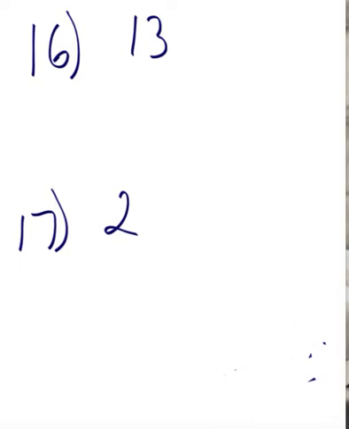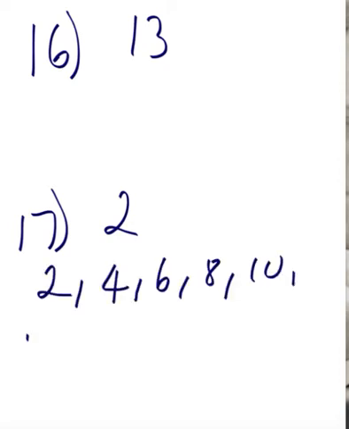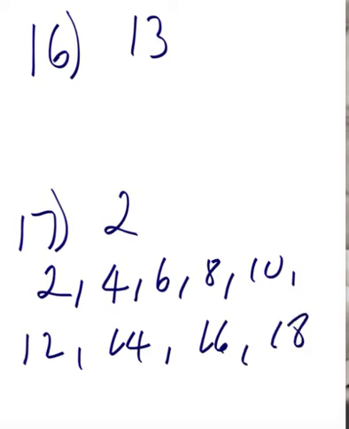So with 17, it's basically counting by 2s. They're the multiples of 2. And we have to write the first 20 multiples of 2. So you ready? We've got 2, 4, 6, 8, 10, 12, 14, 16, 18, 20,